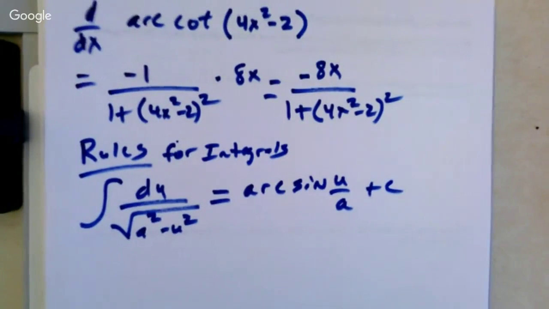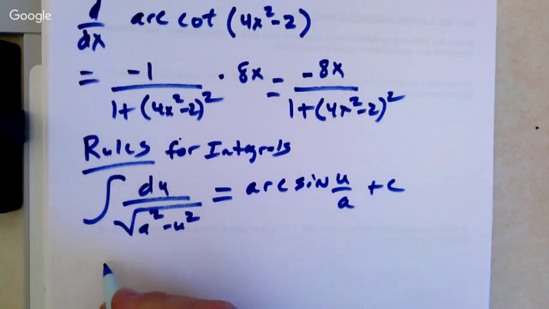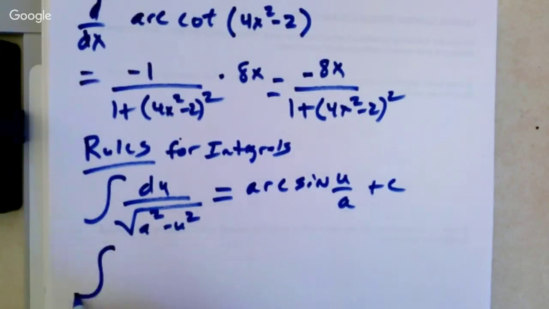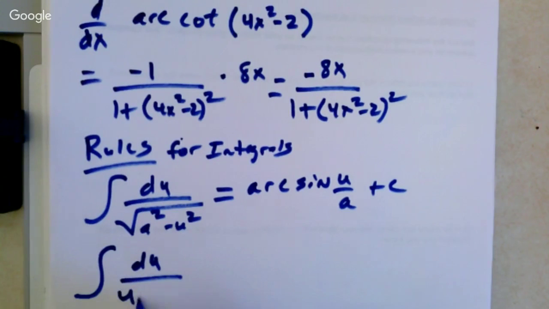Now, it's kind of funny, but there's no expectation that you know the arc cosine one for the AP test. I don't make the rules, I'm just telling you what they are. Yeah, you do have to know arc secant. I decided to give us a break on arc cosine.